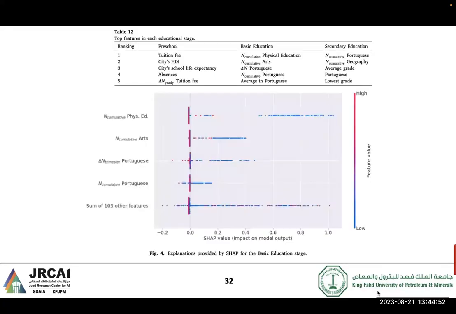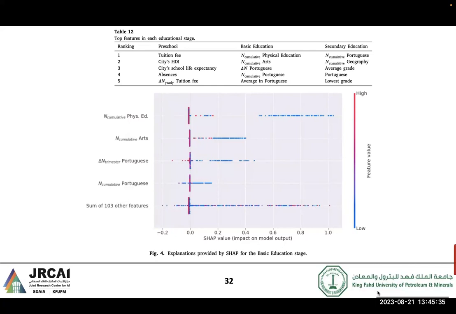All right, so we can see here the results using explainable AI in figure 4. On the x-axis you can see the impact on the model. If you change these parameters, you will see whether there is impact or not. This measures how much the decision of the model varies. On the y-axis we have the attributes, sorted from the top to the bottom, so at the top is the most important attribute.